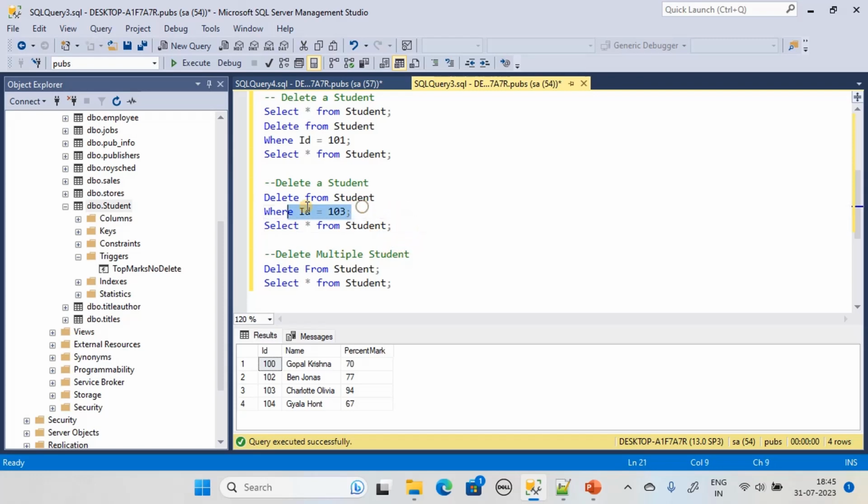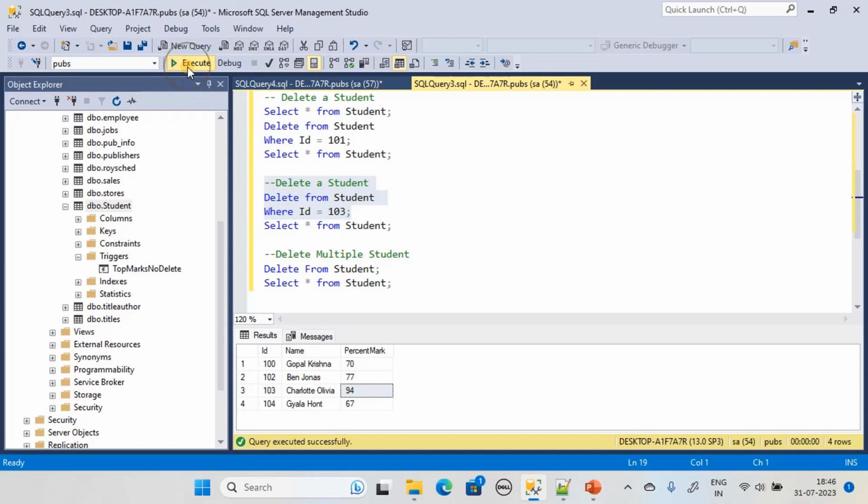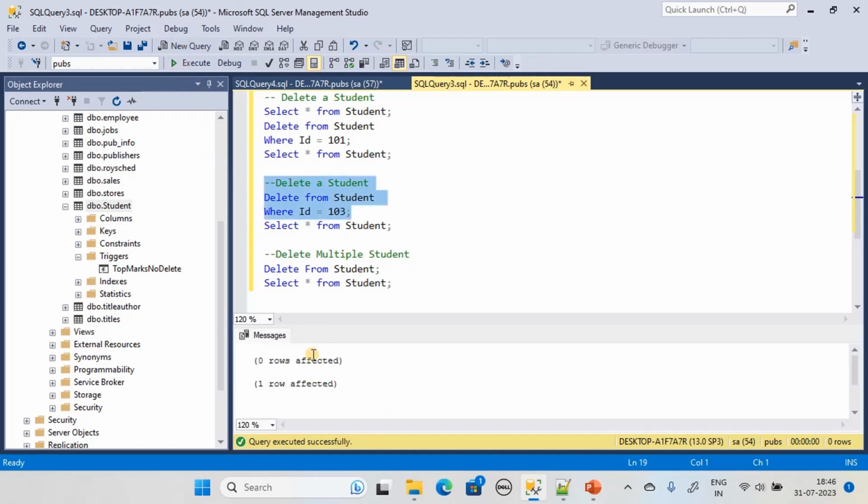And here we are attempting to delete 103. The percentage mark is more than 94. So our instead of trigger will fire instead of this delete statement, DML statement, and here we are executing it. Here it will not show any error because we are not rolling back the transaction, but we skipped the delete,